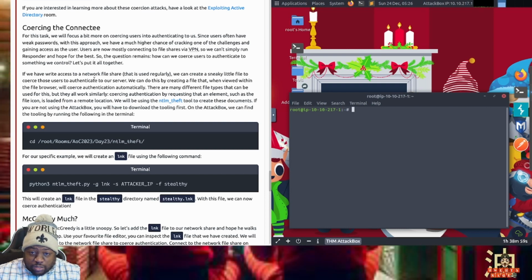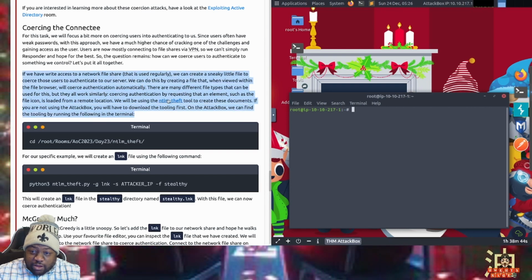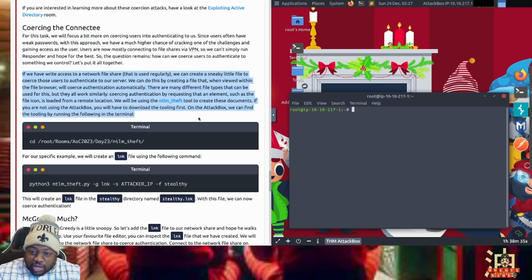So it looks like we're going to put a file on the network file share, but this file is going to be a special file that has information in it to coerce authentication.